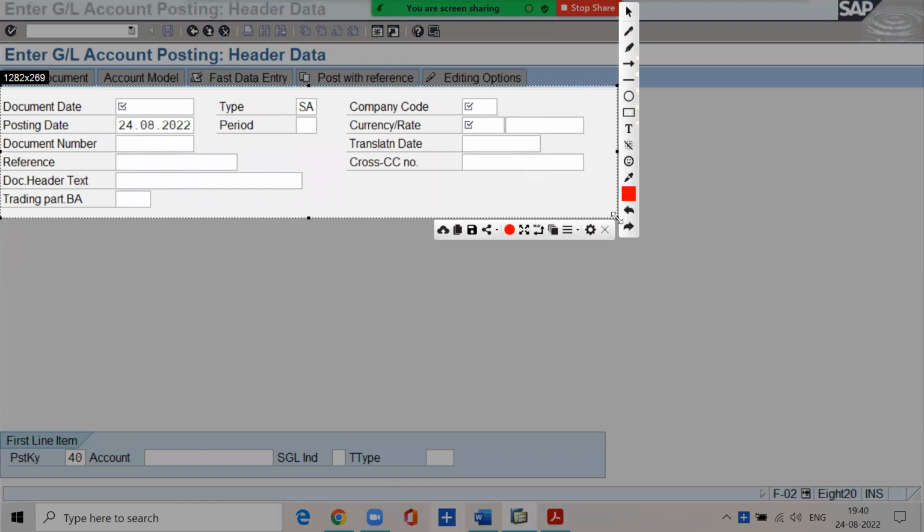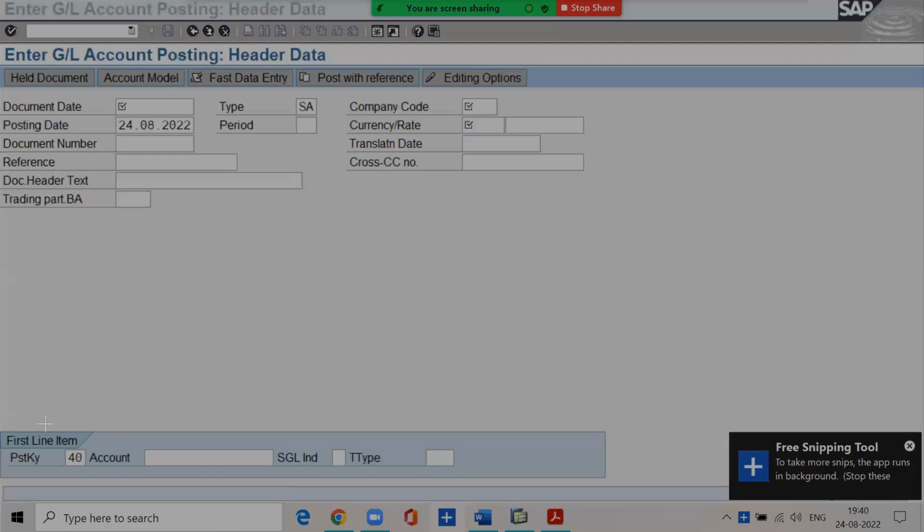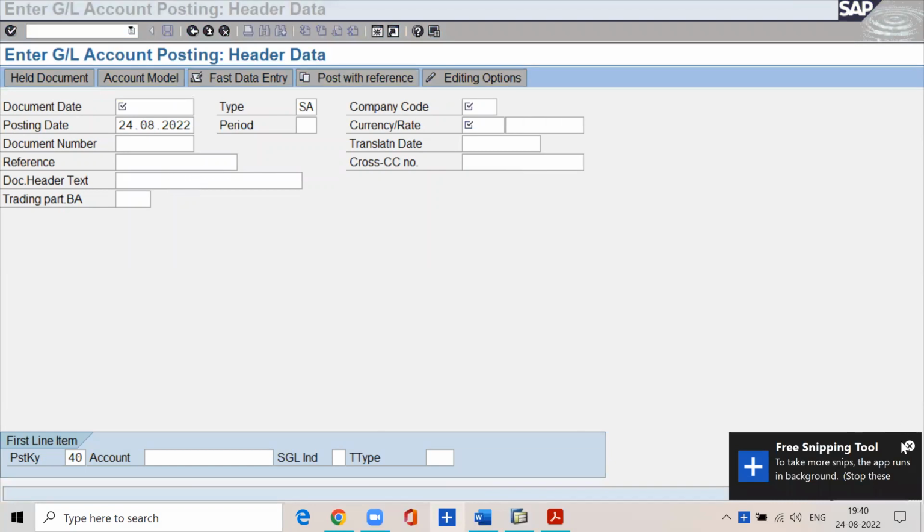This is called document header, right? Then this is called line item part. Clear, no? Now, in the document header,